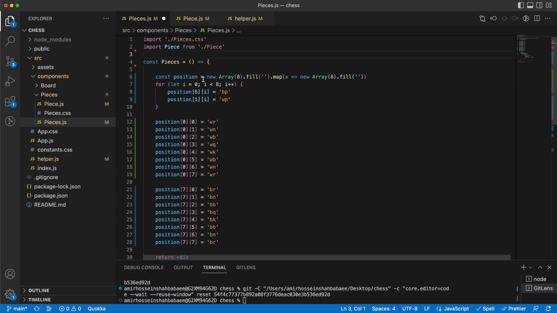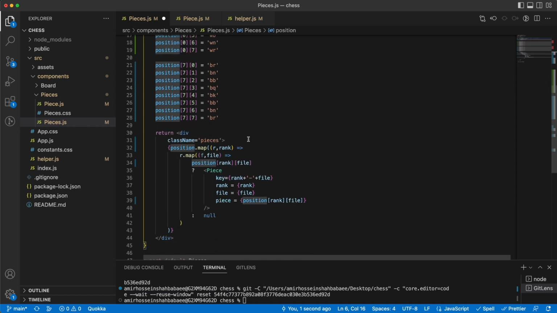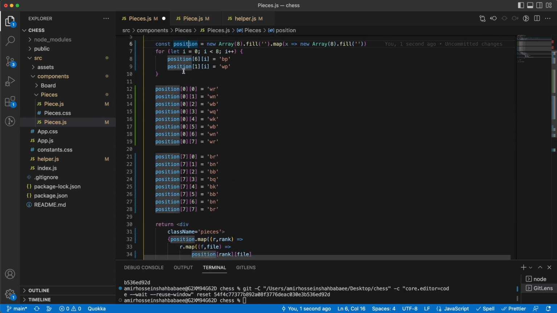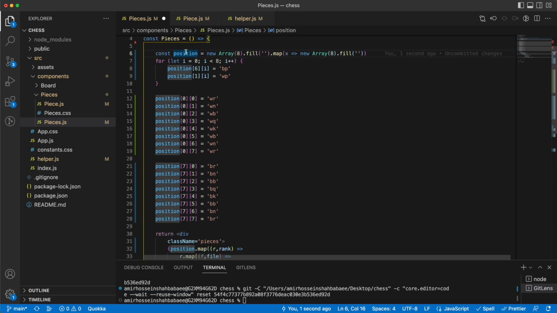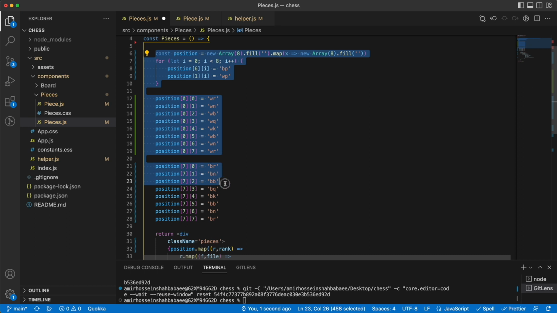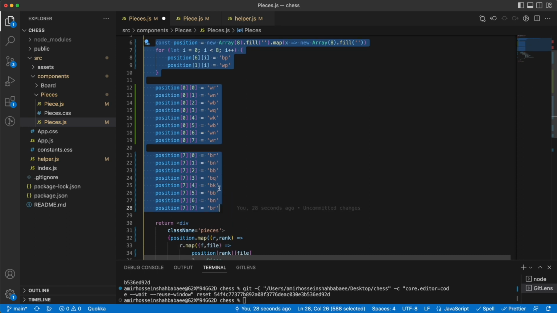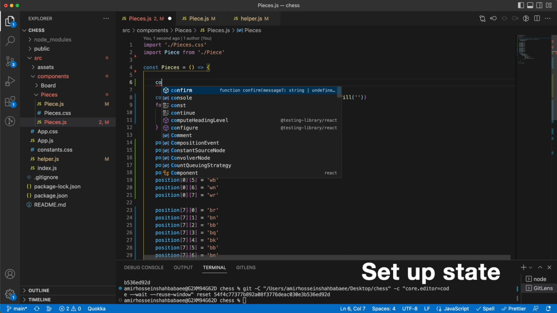So the point number one is that if I define the position like this, and if I update one of these values here, my app will not re-render because I didn't trigger a state change or a prop change. I'm just changing something here. So in order to put this position in a state, it's better that all this functionality goes to its own function in this helper function and then be used here. So for example, I would say something like